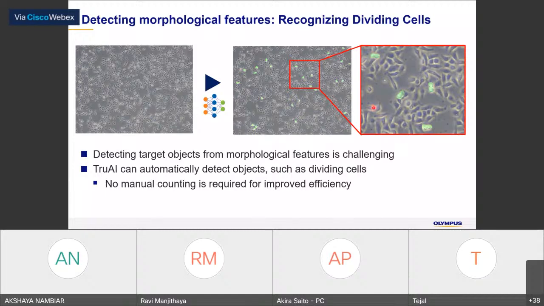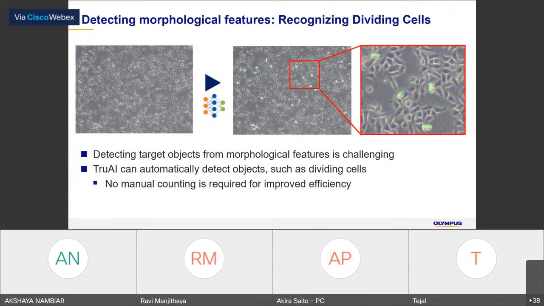We can use this kind of neural network to detect these metaphase cells, which are going to divide, so that we can count very easily even in the phase contrast.